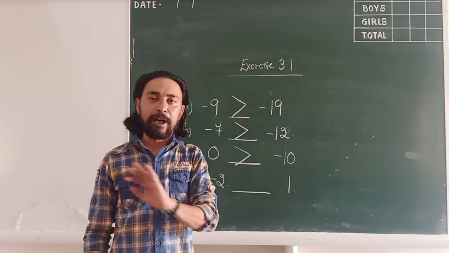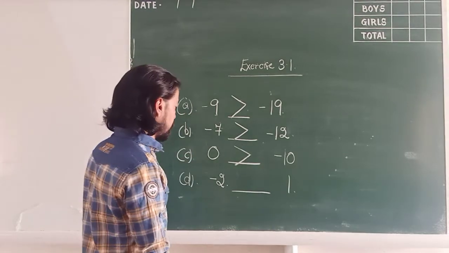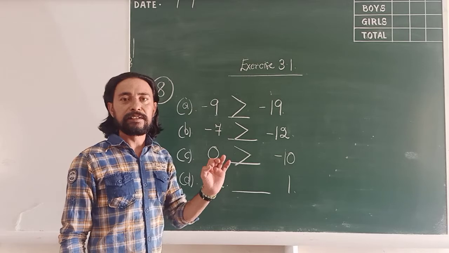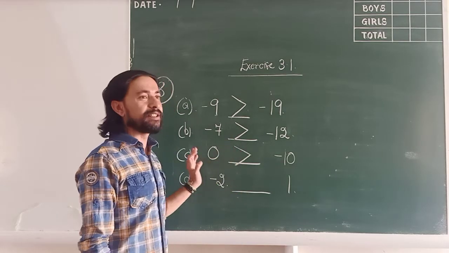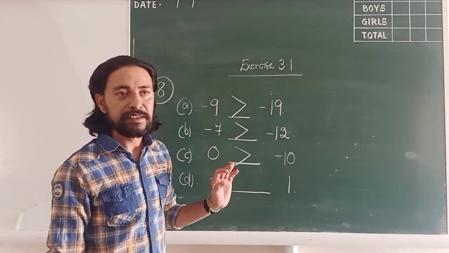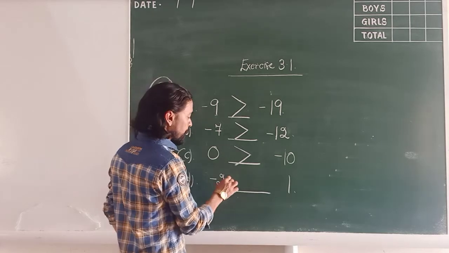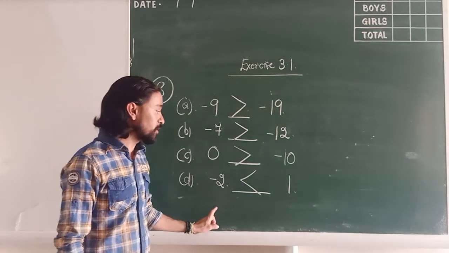A number without a sign means that it is a positive number. So all negatives are smaller than the positives, and all positives are greater than the negatives. So 1 being a positive number, it will be greater than the negative number minus 2. So here 1 is greater than minus 2 and minus 2 is smaller